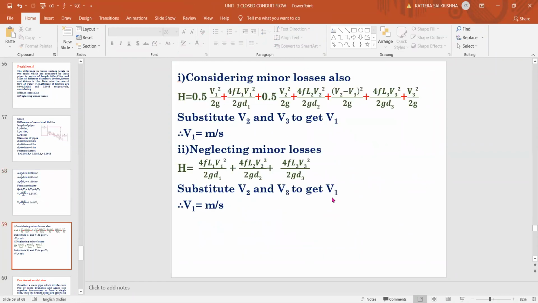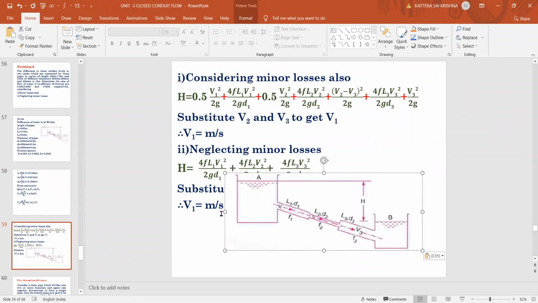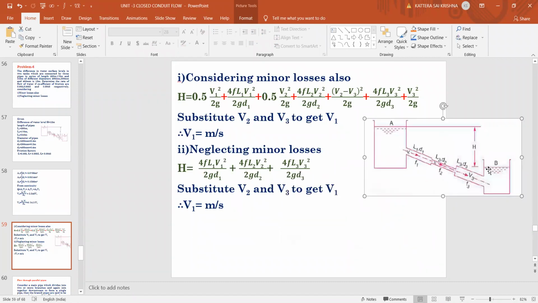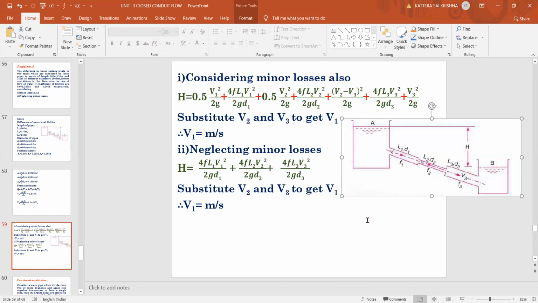So no voice means no doubts. Right. I'll take the diagram here also for explaining. Right. So now you can see the diagram. Yes, are you able to see the diagram here in this slide? Yes, sir. Full diagram you can see, no? Sir. Yes, okay. Right. So now after drawing the diagram, what we'll do, we're considering the minor losses also, first